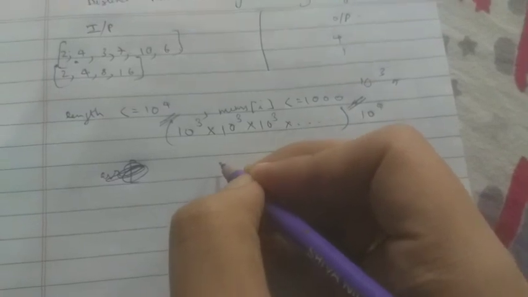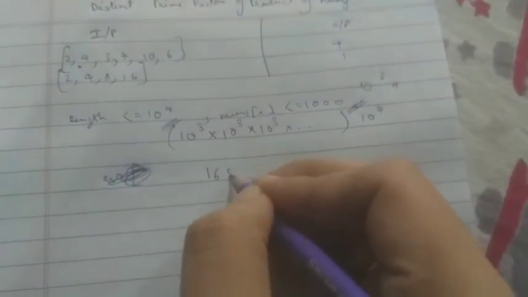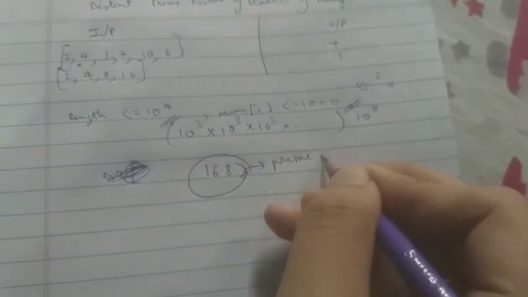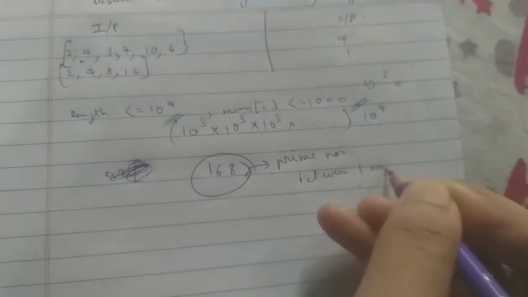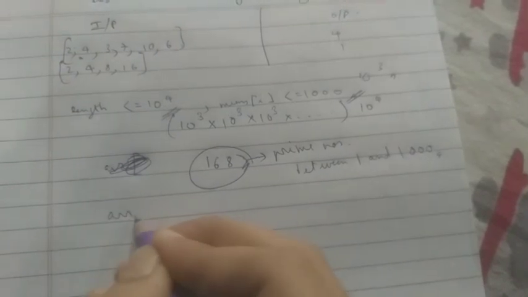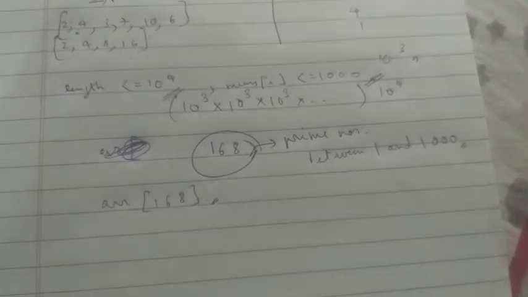Okay, if you can check it by a code, it's okay, but I can tell you that it will be 168. There are 168 prime numbers between 1 and 1000. So initialize an array of size 168. Once you're done with this, then